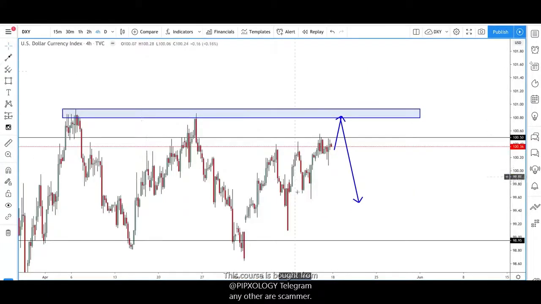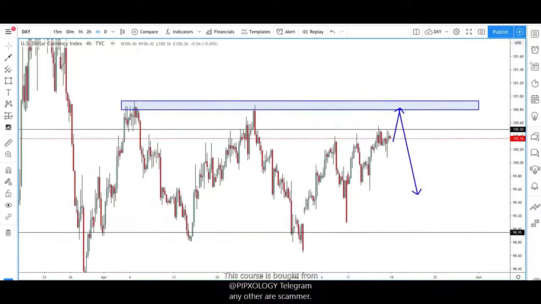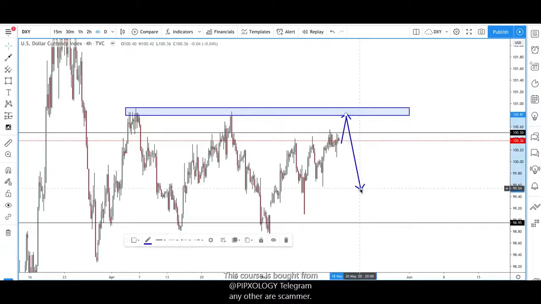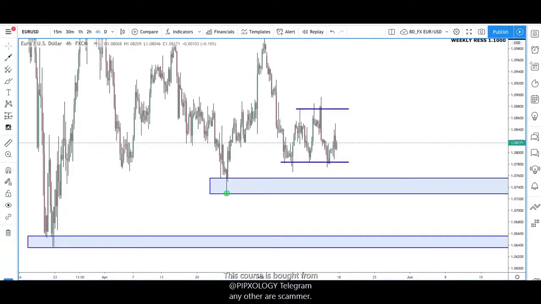And yeah, it's very, very important to understand what the US dollar is doing. This is very, very important. So we do find this strong resistance here once again on US dollar. We can expect a bit of a sharp sell-off to come back down, some US dollar weakness. So therefore, we can look at selling the US dollar across many of the major currency pairs like Euro USD, like Aussie dollar, US dollar, USD JPY, and so on. So hope that helps you understand what we're looking for this week, guys.